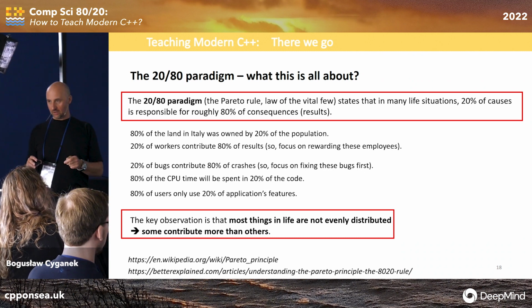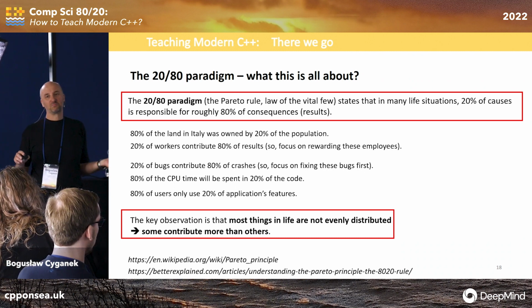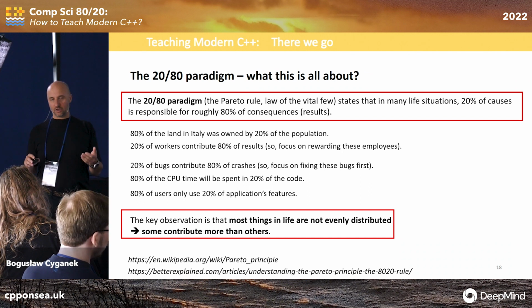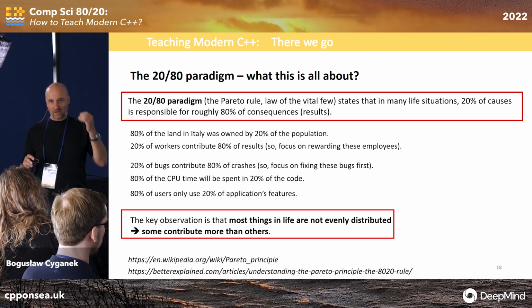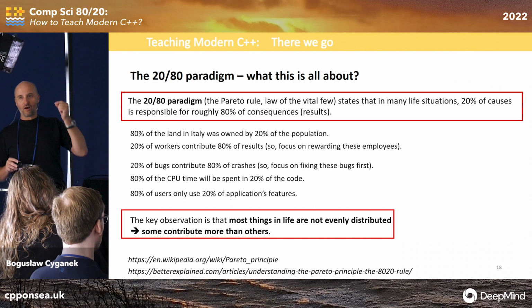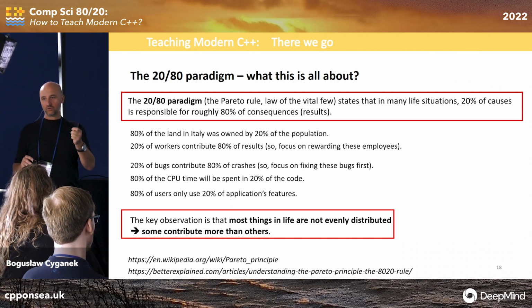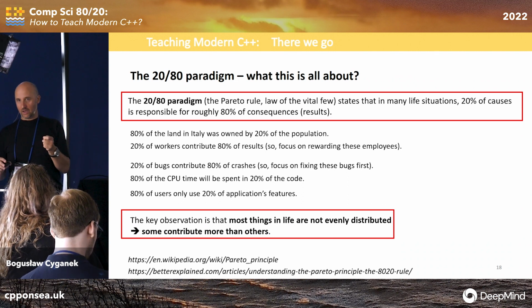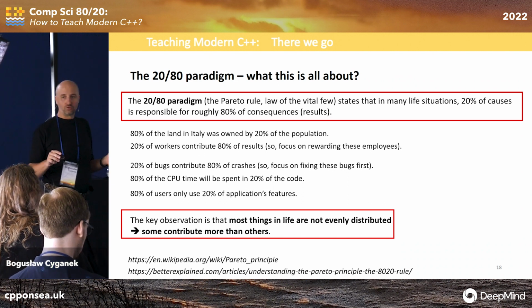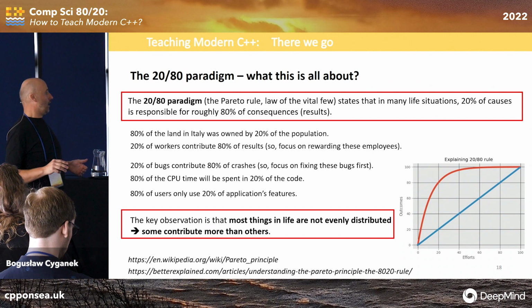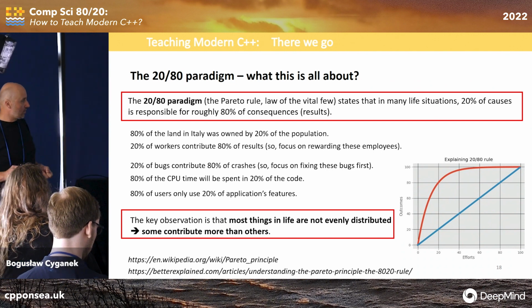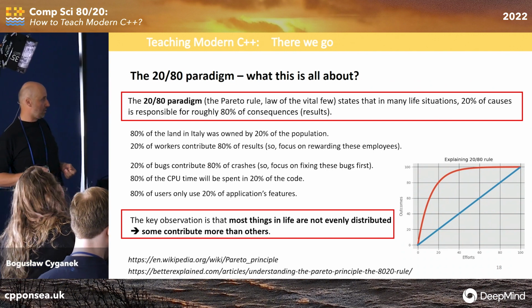And we'll use this rule, well, just an observation, in teaching. Maybe not in teaching, but just when thinking of preparing the classes. So the point will be to find this golden 20% of what we need to start from. And we can draw such a plot.